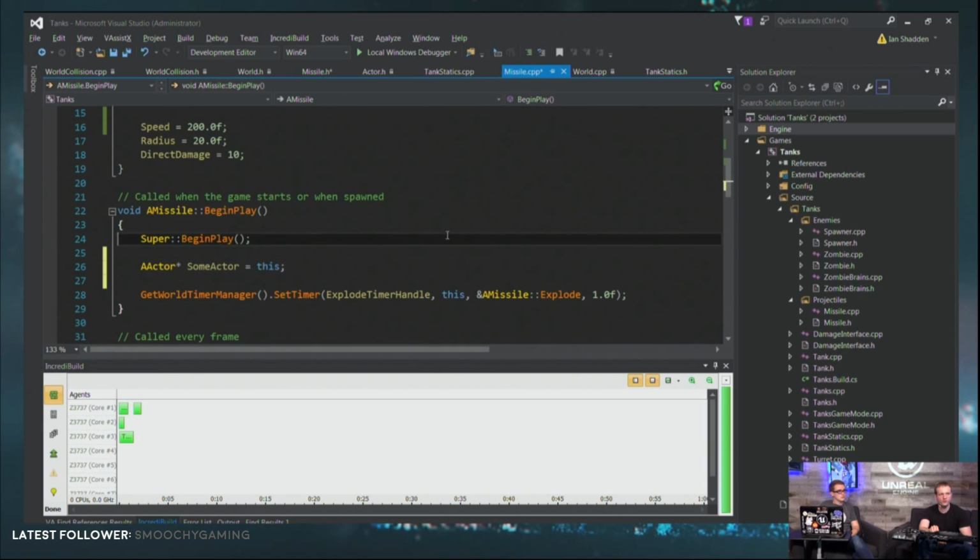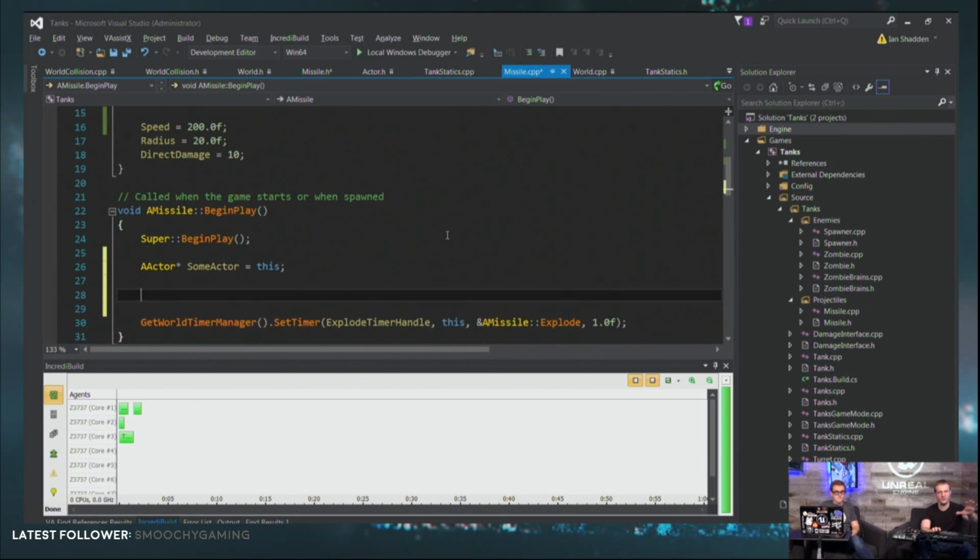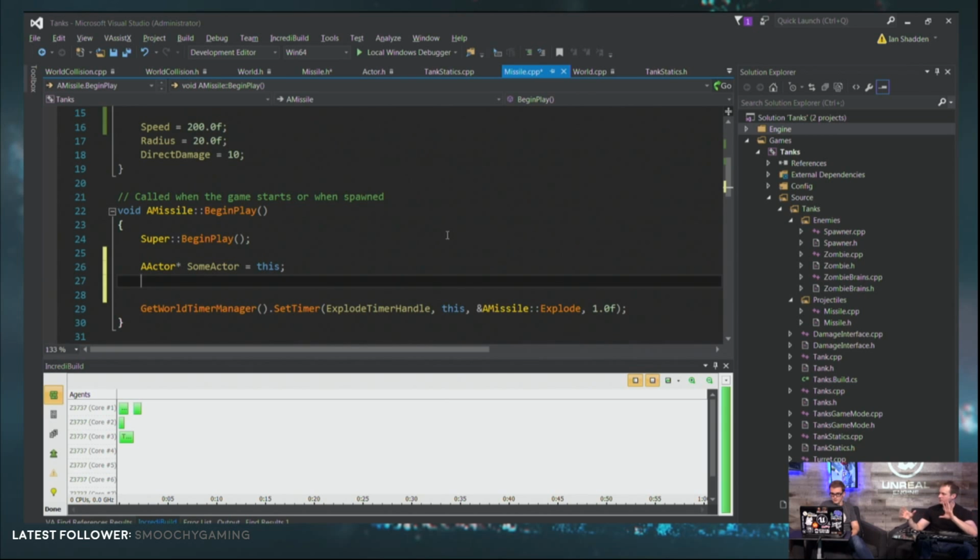Now if I had this actor and I think we're in some other function and I think one of these actors in this array that I have might be a missile, I can do this with it. I can say some actor, let's cast you. And this, by the way, is how Unreal does casting. This is very similar to C++ casting, but the syntax is slightly different. I can say, all right, I think this is a missile.